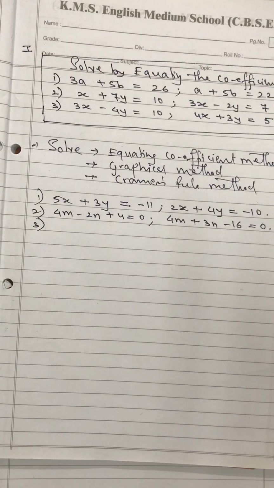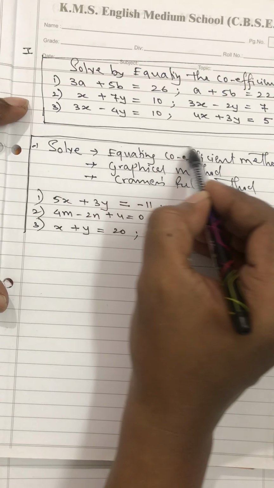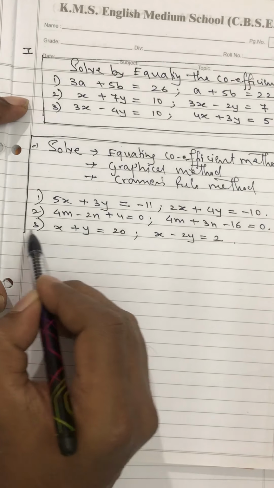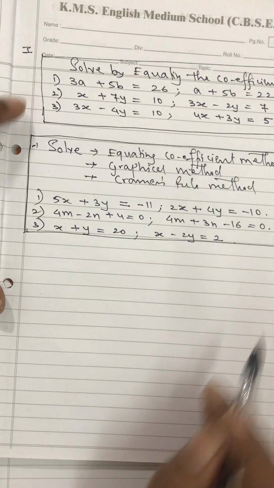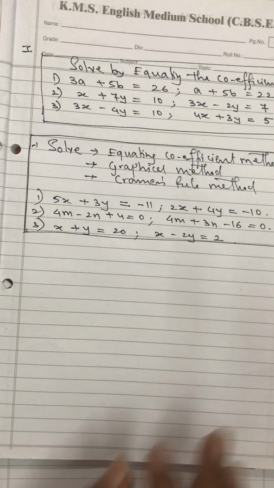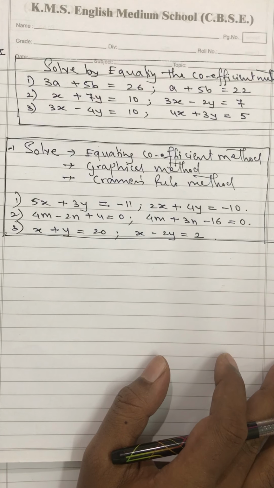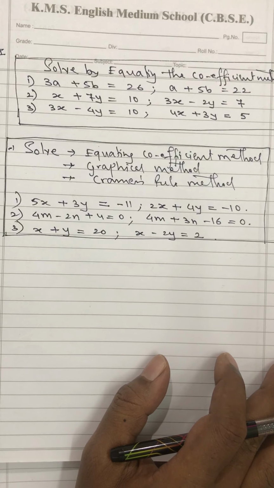Fine. So this is your homework for the day, and you have to do them by all the 3 methods. So basically you have got minimum 3 threes are 9 questions to solve. Okay, my dear students, this is your homework for the day, and do solve it and post it immediately.